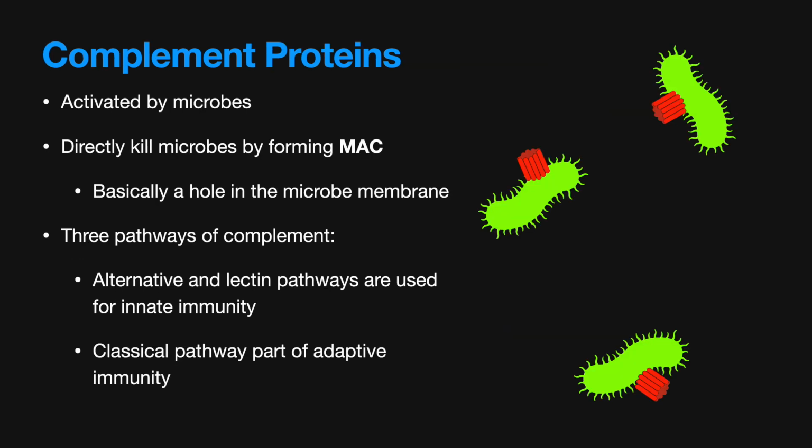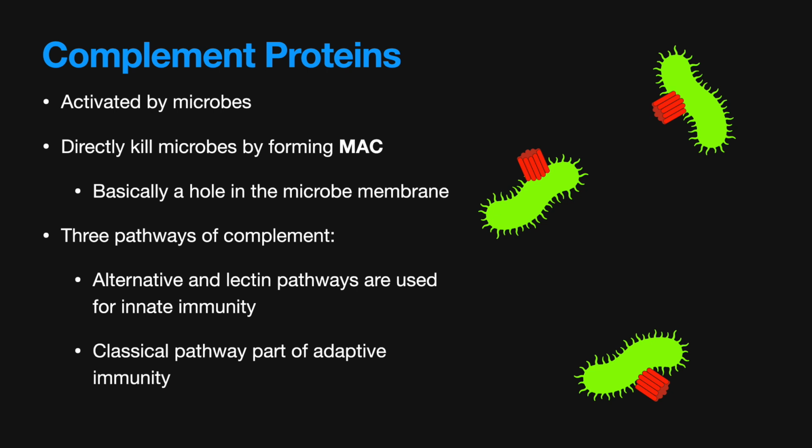Finally, in our innate immunity players, we have the complement proteins. The complement pathway is activated by microbes, and the end result of complement activation is formation of a membrane attack complex, or MAC. This complex basically forms a hole in the microbe membrane, disrupting its homeostasis. Complement is a very complex system that will likely be a topic for a future video, but for right now,